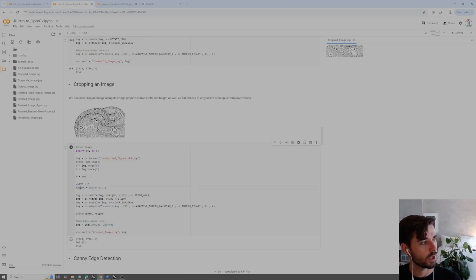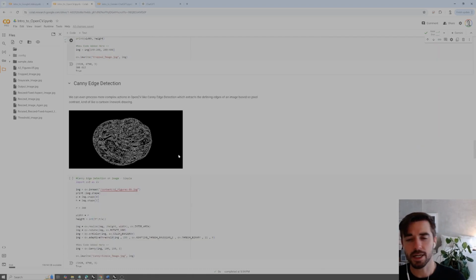So we know that it's width by height. That's the dimension of our new image as we've created here. So we could even use those values and say width divided by height and use those values to perform that crop function as well. Next, we have a bit of a more complex action, which is the function called Canny